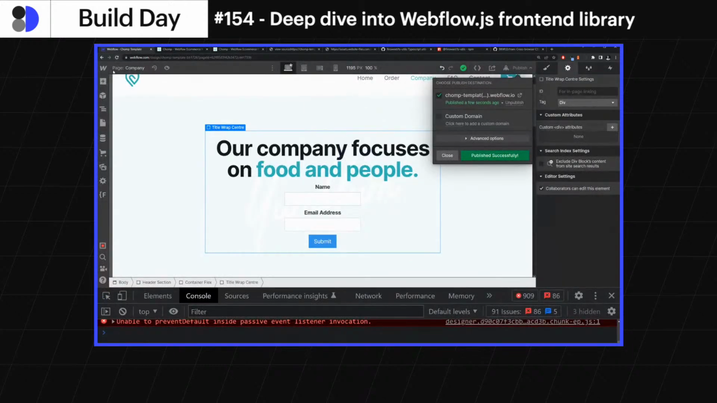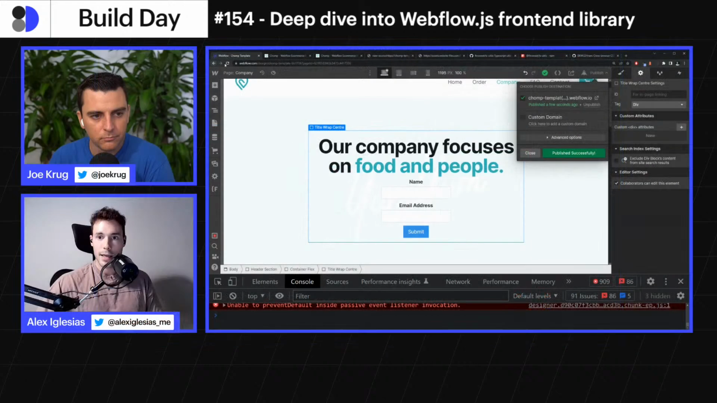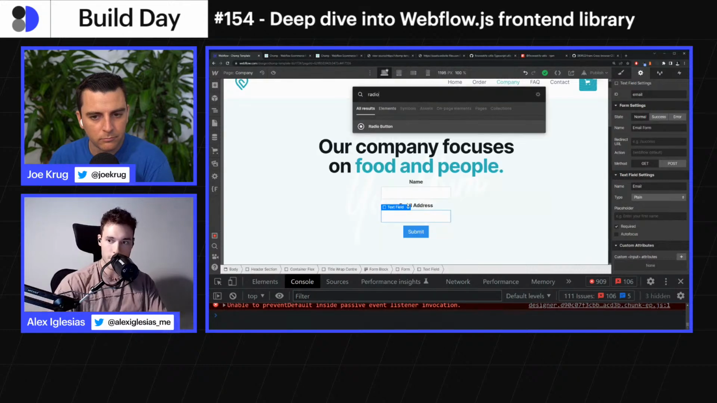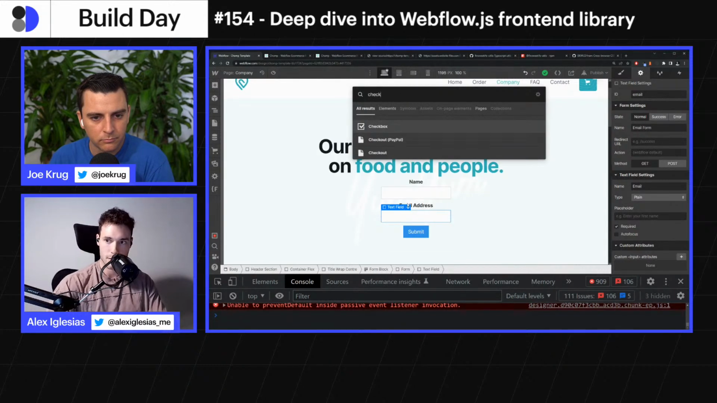Another thing that happens with JavaScript, and a lot of people actually do not know about that, is that when you add a radio button or a checkbox,